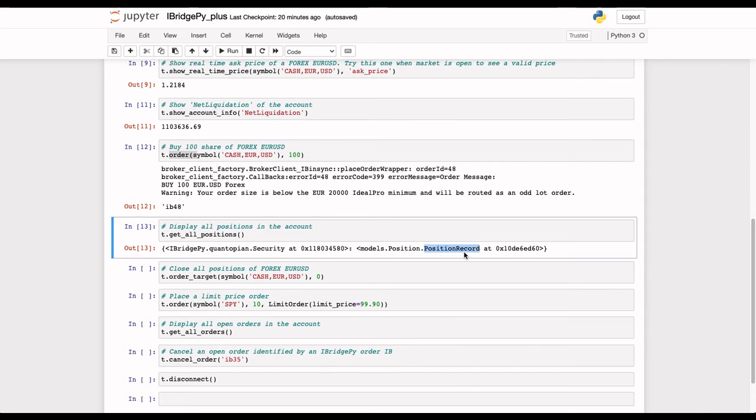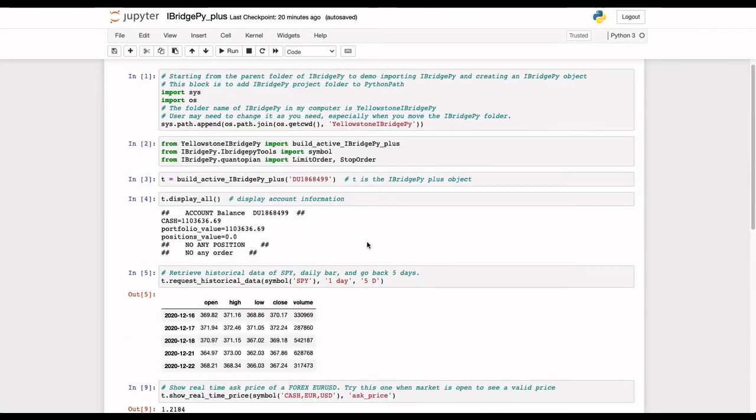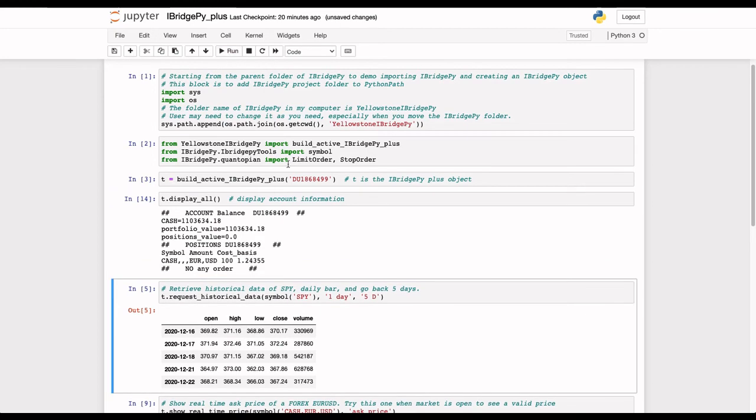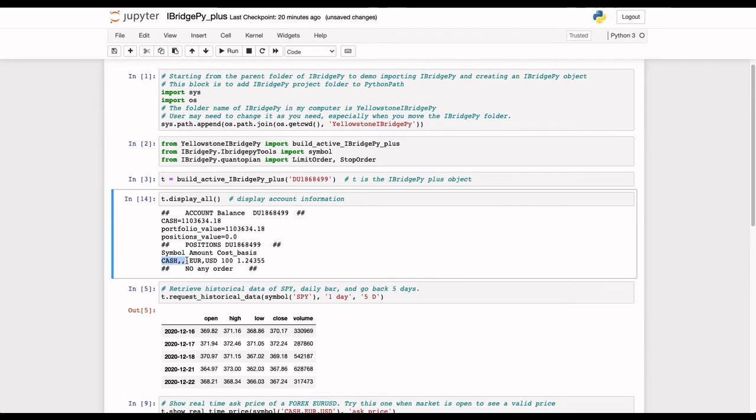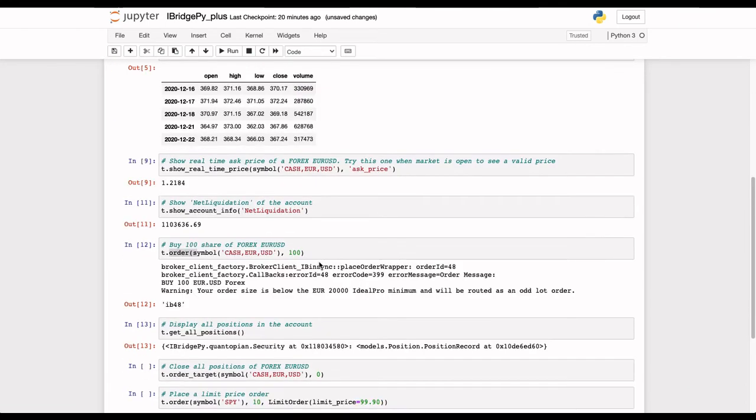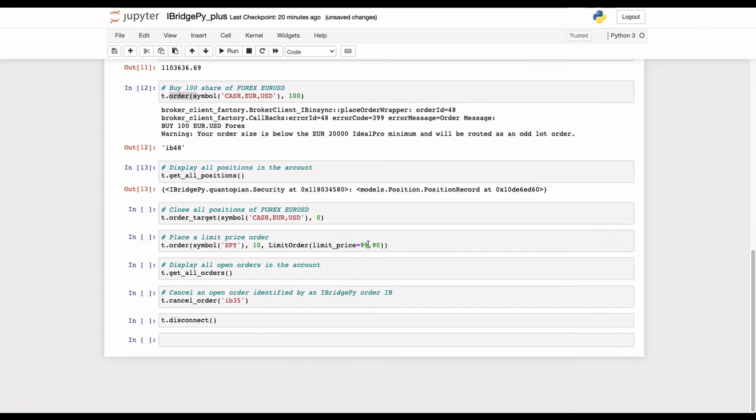And actually, at this moment, if we go back to display all and display again, run it again, the position should show up. Yes, right there. You can see the position is right there, 100 shares, and the cost basis is right there. Okay, and then let's switch back to